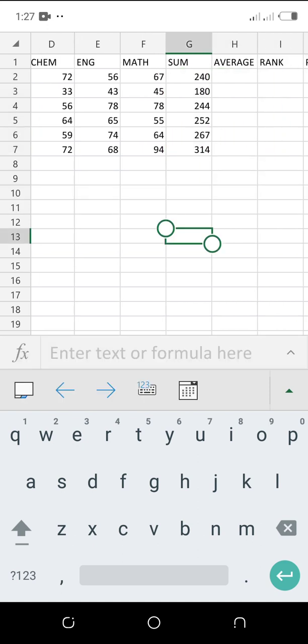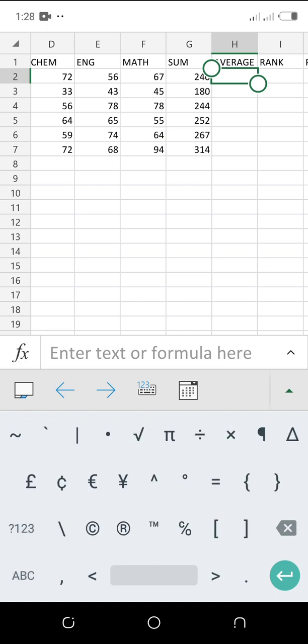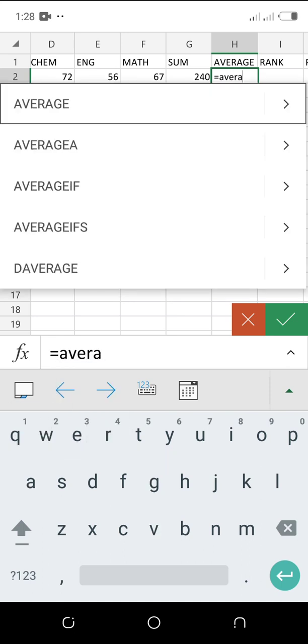So you've gotten your autofill. You don't need to manually do the rest. This is the beauty of using Excel. That's just it. Now straight to average. Average, you say equal to average, same